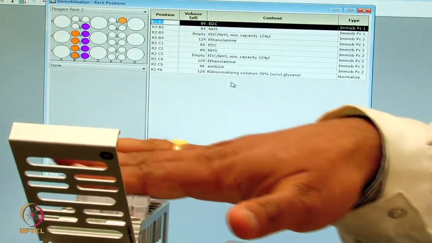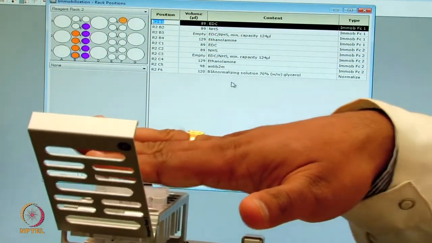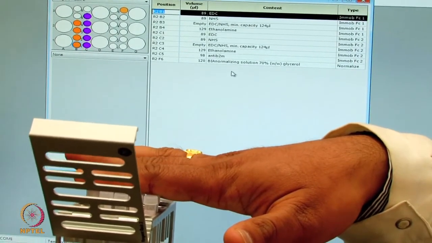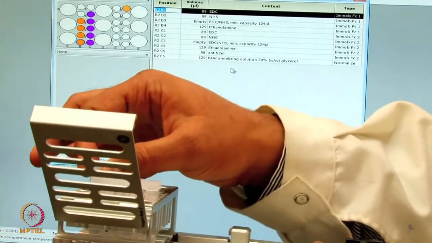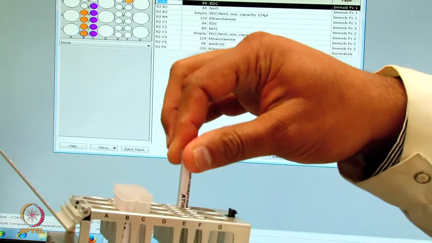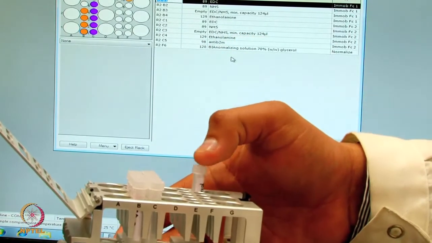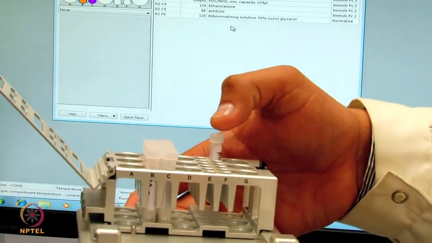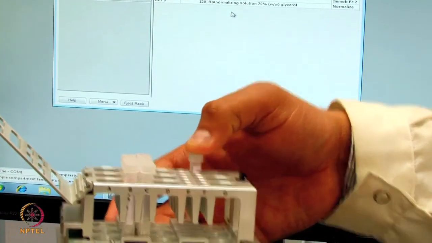In a similar way, another row is also made, one for the reference surface, another for the active surface. To normalize the chip, normalization solution is used for the machine to normalize the discrepancies on the RU responses on 4 different flow channels.